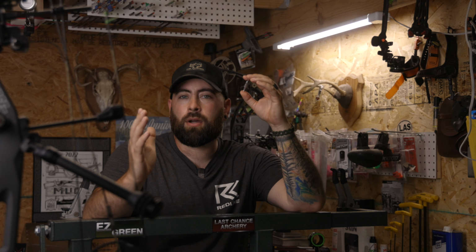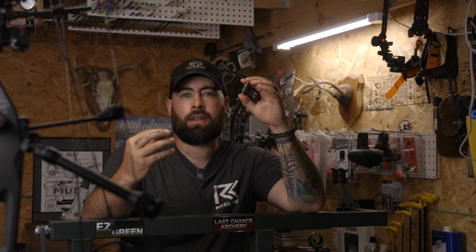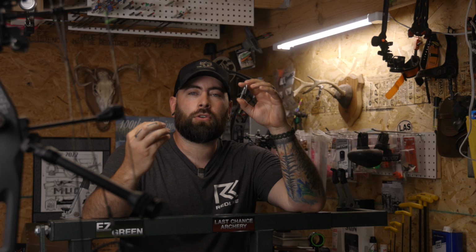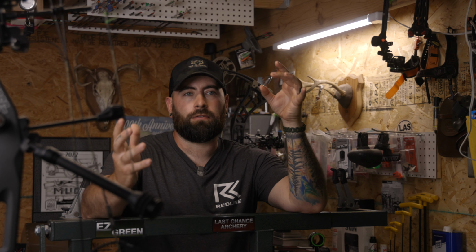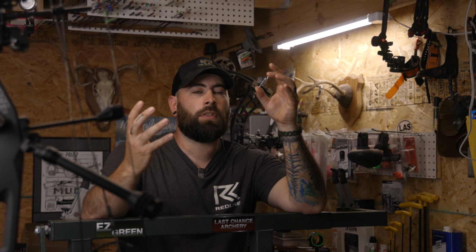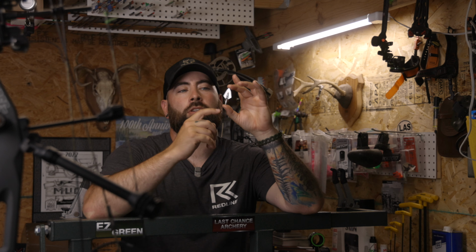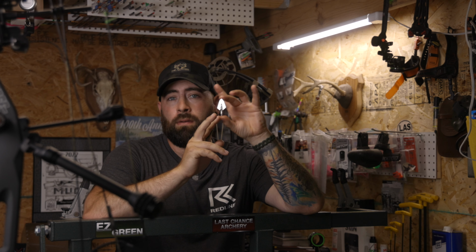Where you can run into some issues when using some broadheads, mechanical broadheads specifically for compounds, is the spring difference or the retention on the mechanical portion of the broadhead. So if your tension isn't strong enough on these types of mechanical broadheads, it could deploy before you even reach the animal, thus causing inaccuracies. With a blade like this, that's always in an open fixed position, even though I think technically it is mechanical, but these blades are always open, in flight, and ready to go, it is going to be compatible with both